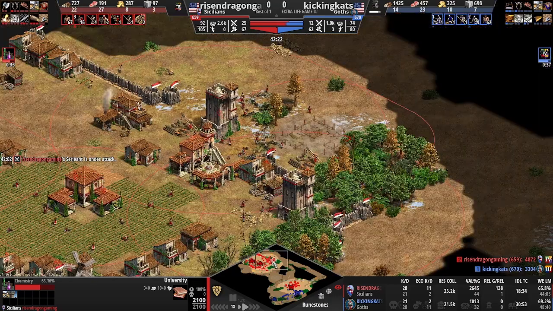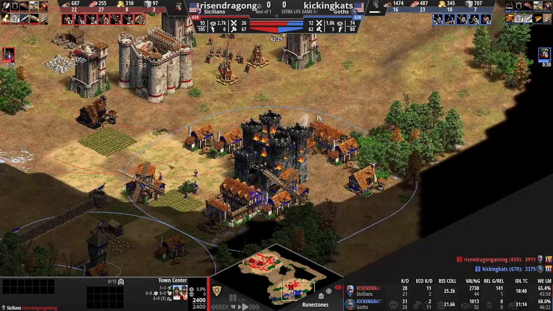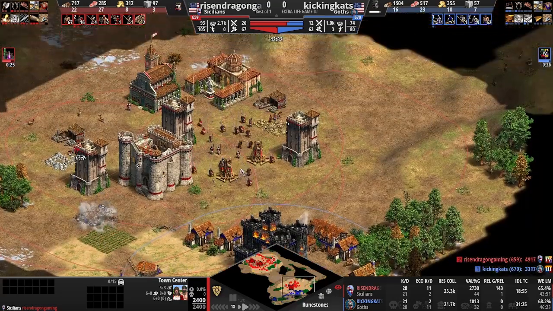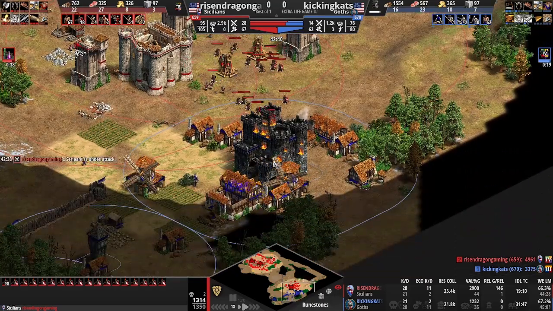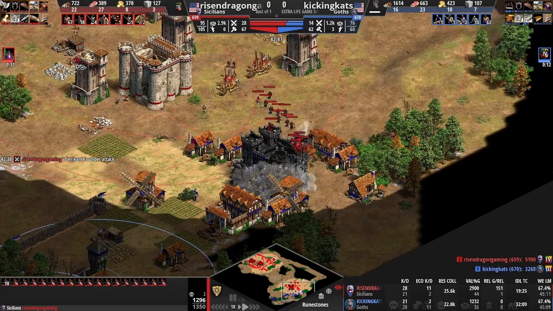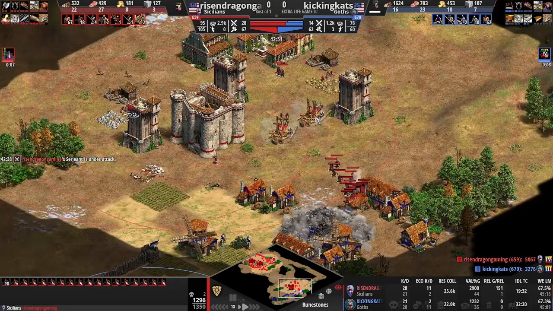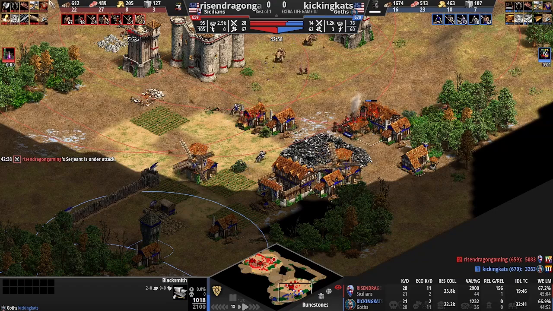I'm on 3 TCs now. Your standard low elo match, I guess. And in come the sergeants. Down goes the castle. In come the sergeants. We take out the blacksmith. And look at this, the